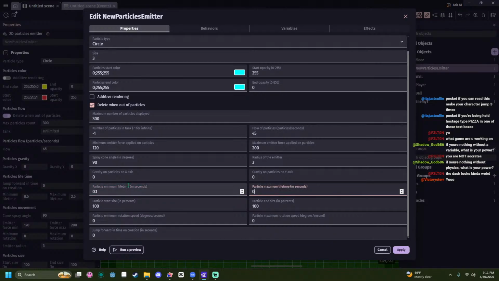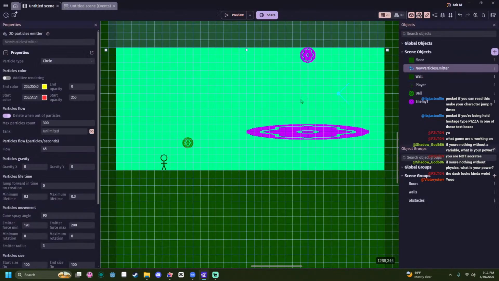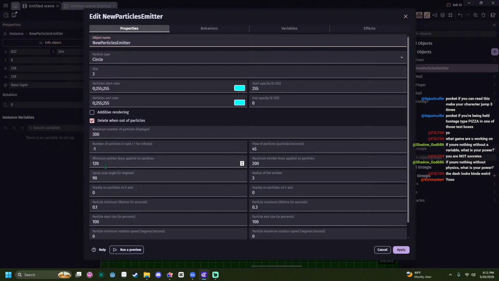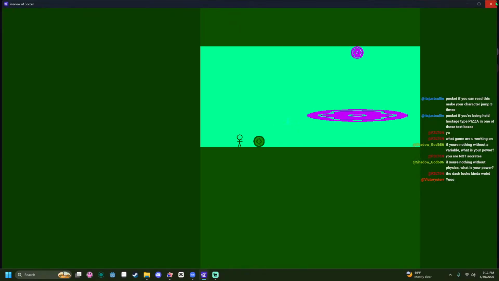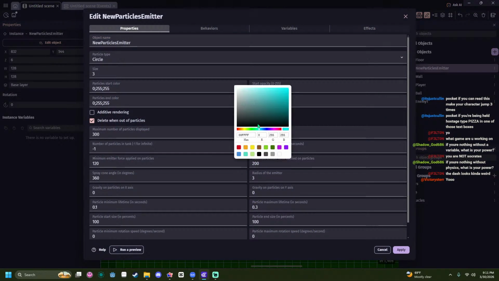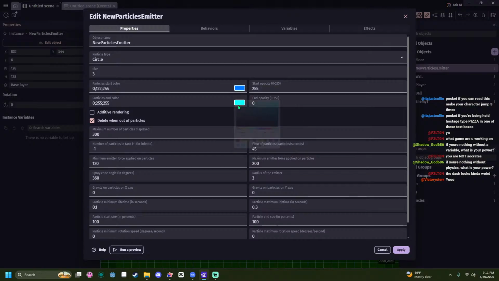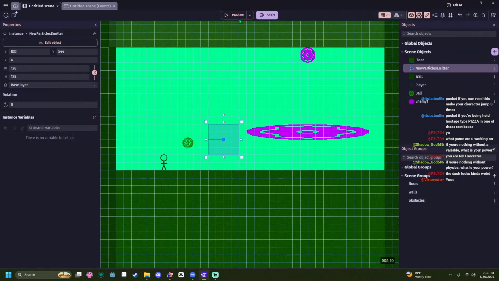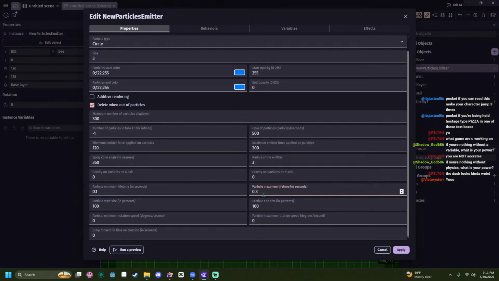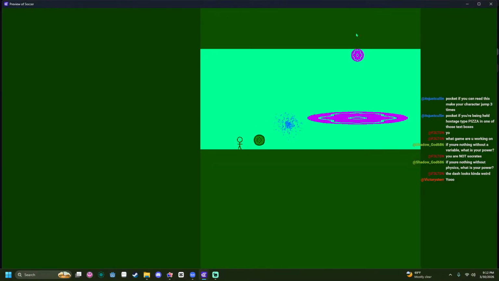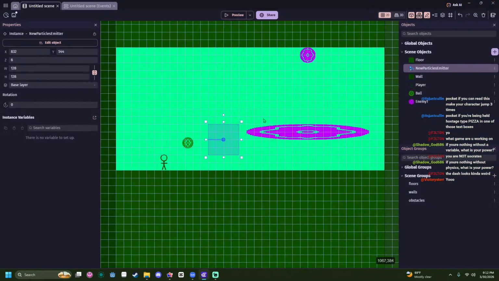Do 0.1 to 0.3. Oh, and the radius of the emitter, 360. Can't even see it. Color's bad. Much more blue. Flow of particles, do like 500, and then make the max length like 0.3 to 0.6. That could be good.